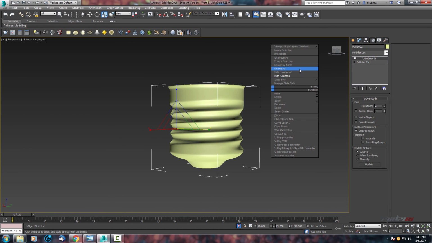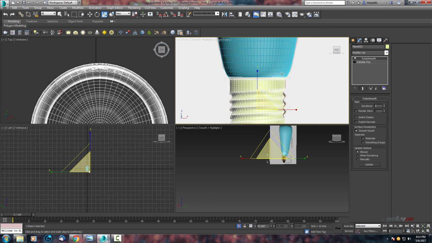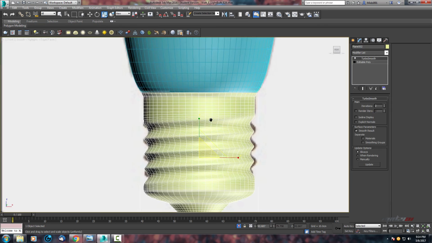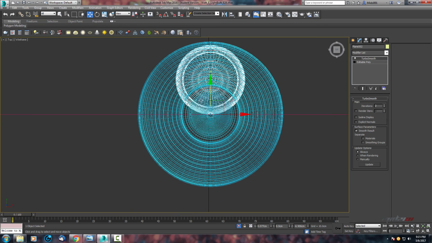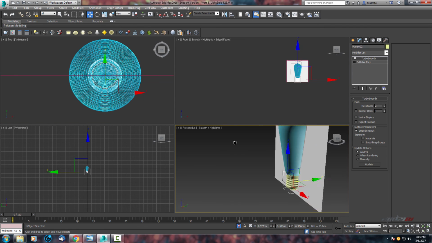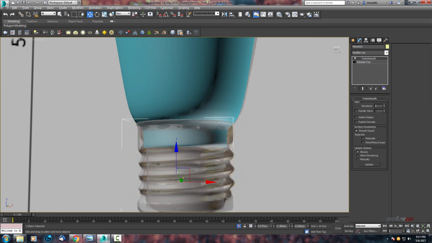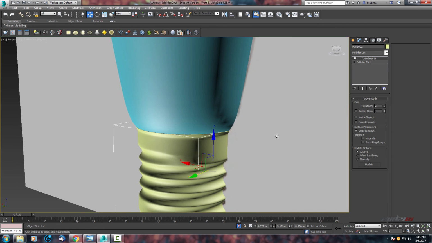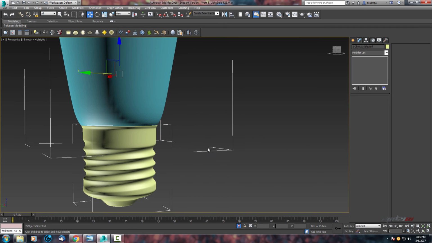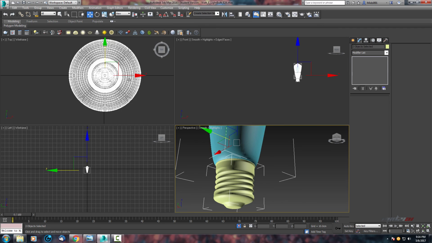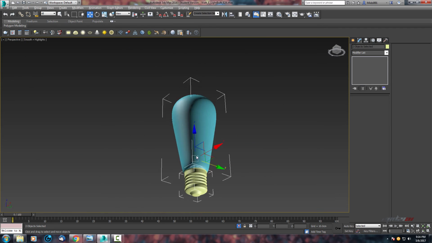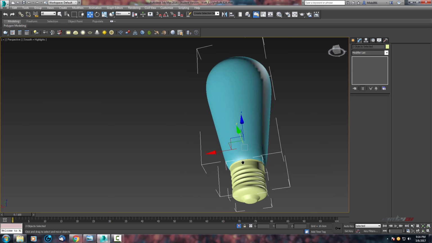Unhide all, and my pivot is not in the center here, so this is in this part